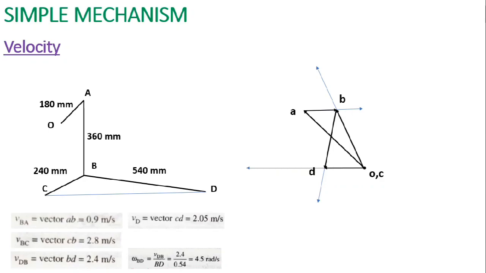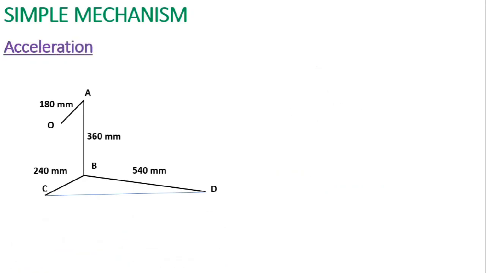So let us see how to determine the acceleration. Now here in the problem it is given that the crank rotates at 180 rpm with increasing acceleration of 50 radians per second square. So here directly the angular acceleration of AO is given. Now in this case it is a unique problem because since the angular acceleration of the crank is known, unlike the other problems we don't assume the tangential component of acceleration as 0.